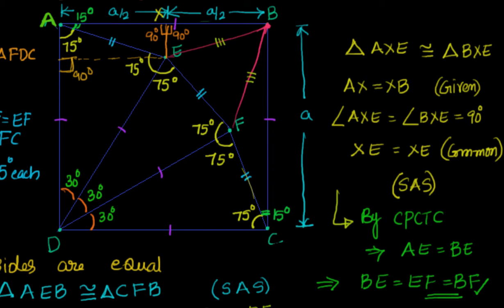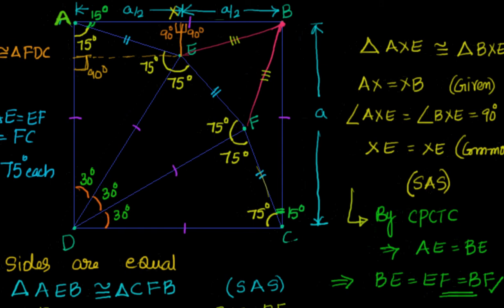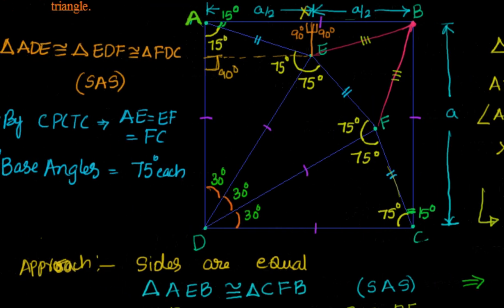So I can erase this and say that it is nothing but equal to two bars. I will not do that. But by that we know that already we know BE equal to BF. We have to prove that that is equal to EF, but we just understood that BE is equal to AE, which is also equal to AF. So BE equal to EF equal to BF. That's how you can solve this problem in one approach. We will look into another approach.